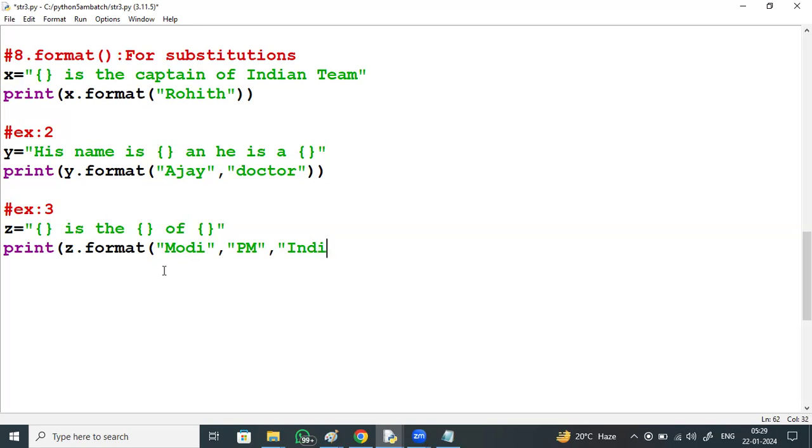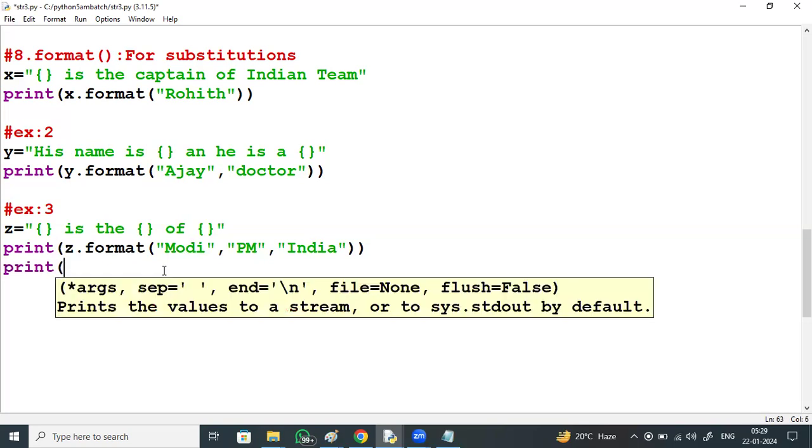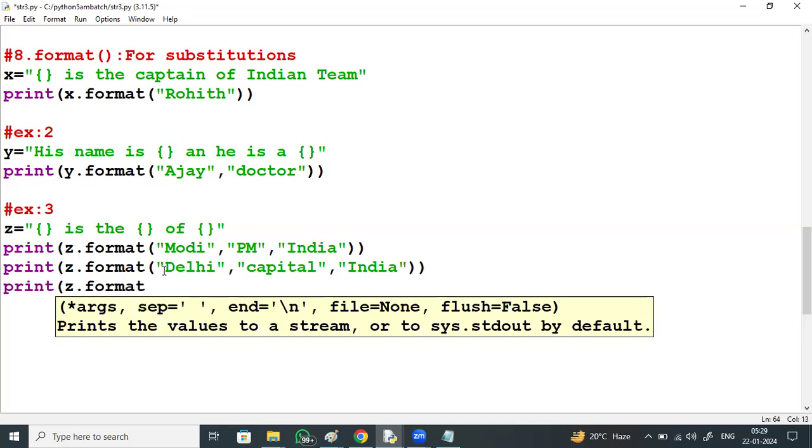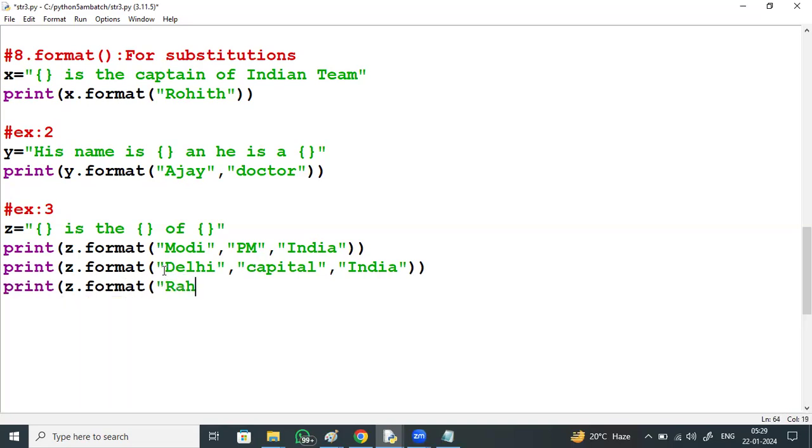That is one. Second, you can make multiple substitutions in this. Format: Delhi is the capital of India. Third substitution, India. Multiple substitutions you can do. Format: Rahul Gandhi, Rahul is the son of Rajiv.